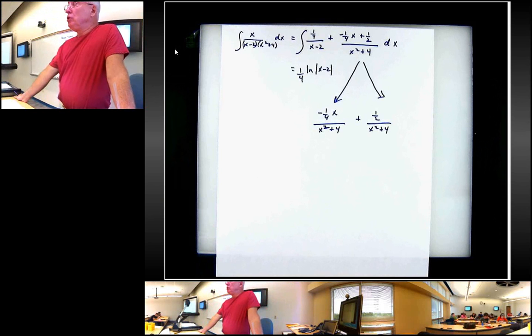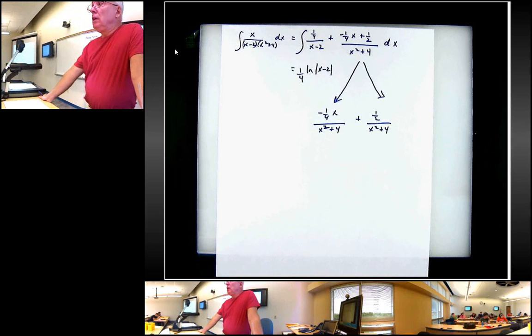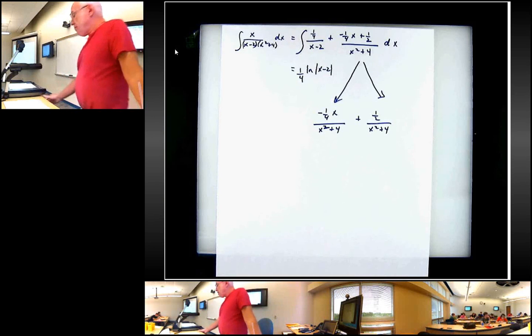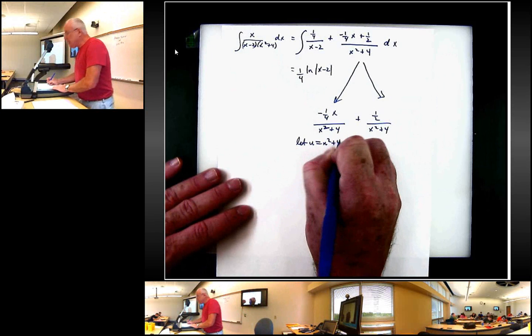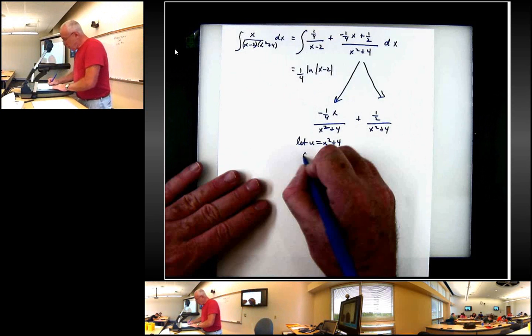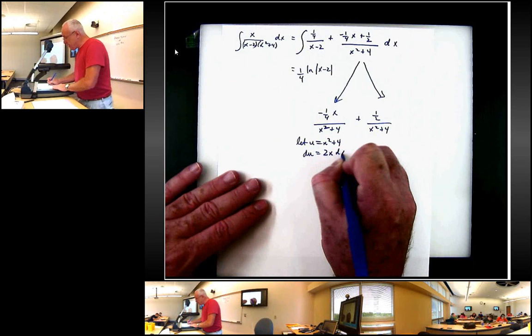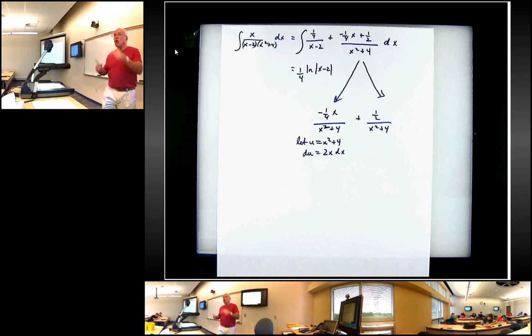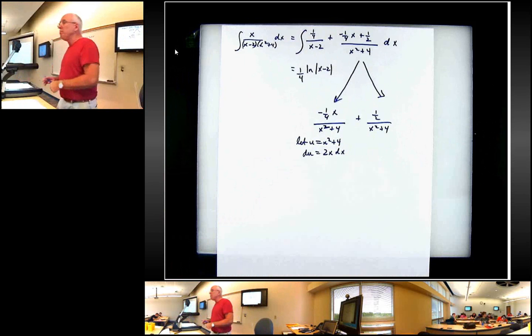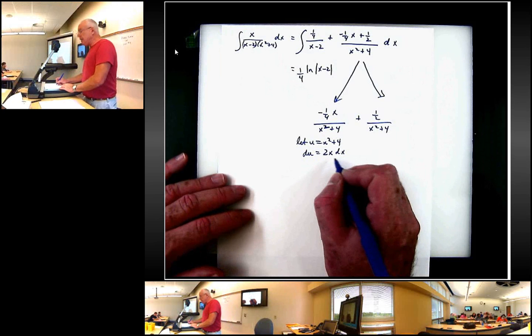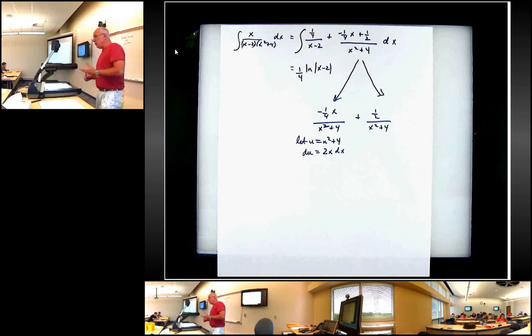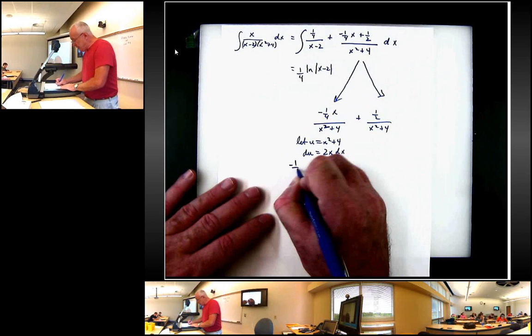Can I do a substitution? Can somebody give me the substitution? Yeah, let u equal x squared plus 4. Because when I get the du, my du is going to equal 2x times dx. And then all I need to do is multiply to get my minus 1/4 that I have up above. So what I want to do is convert this 2x dx into a minus 1/4. So if you think about it, if you multiply both sides by negative 1/8,